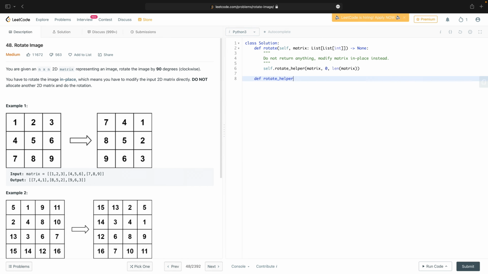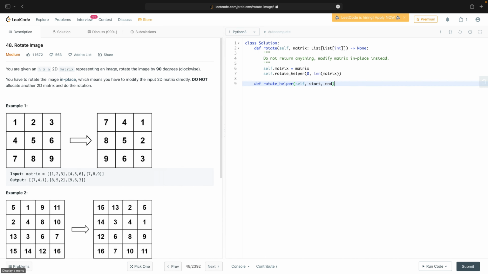Rotate helper, and then that takes self, matrix. In fact, to avoid the temptation to mutate things, I might actually do it this way. Self